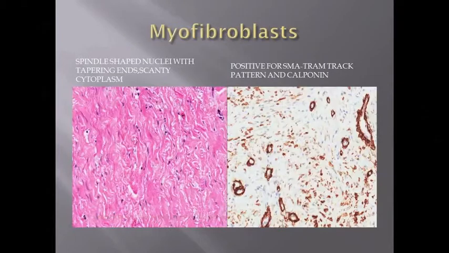As opposed to that, the myofibroblasts are skinny cells with elongated wavy nuclei, and the nuclei have tapered ends. When stained with immunohistochemical markers, they stain with calponin. They also stain with SMA, but the staining pattern for SMA is different, as they stain giving rise to a characteristic tram track appearance, that is a membranous stain, as opposed to smooth muscle cells staining both nuclei and